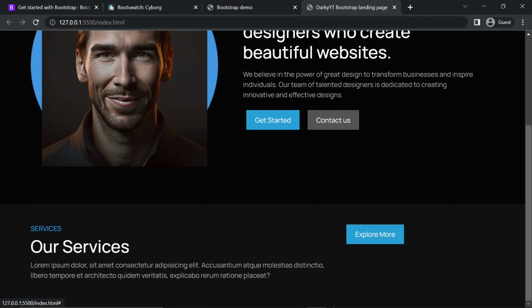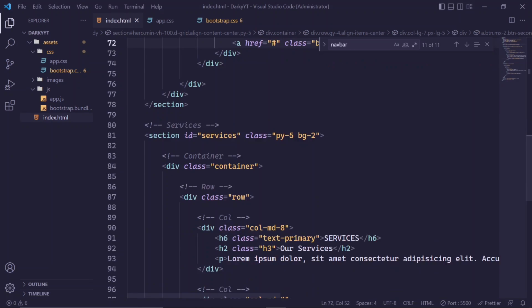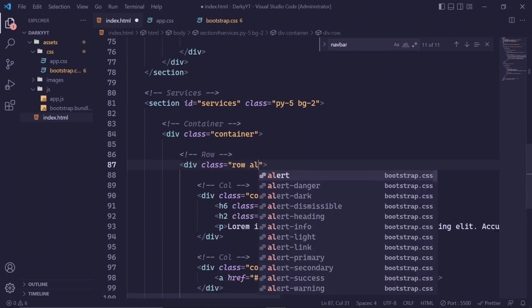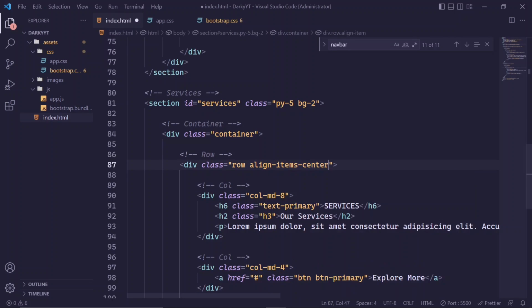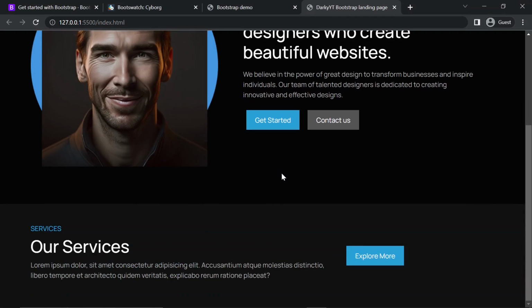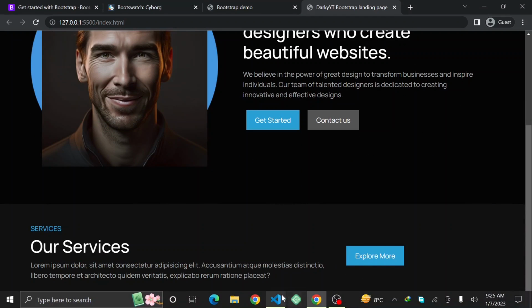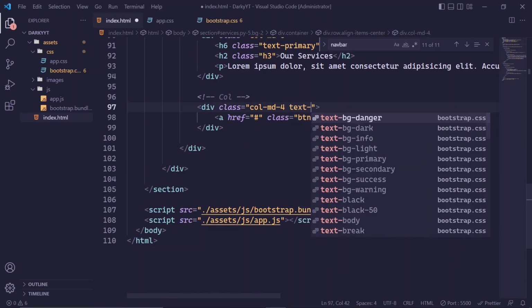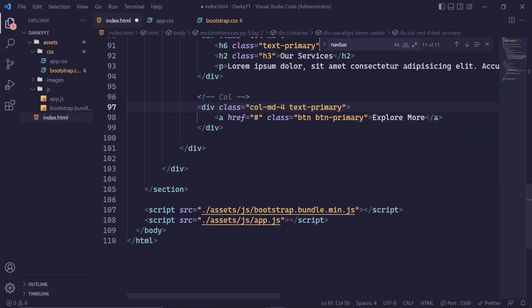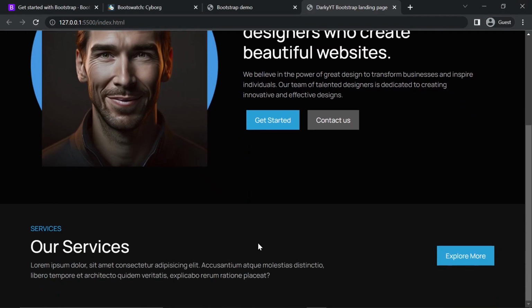Okay, and I want the button to be vertically in the center. So for that, you can add a class align-items-center. All right, so this is now in the center, and you can push the button to the right side by text-end. Oops. All right,